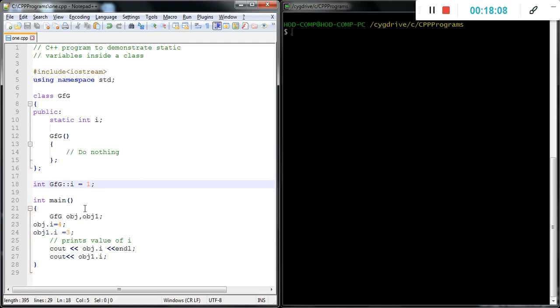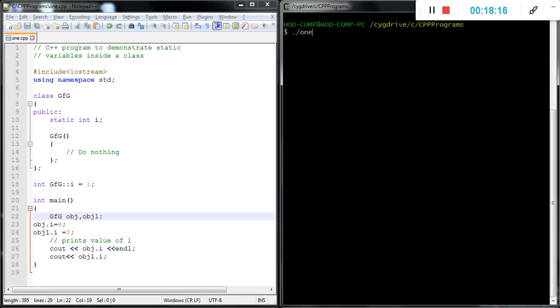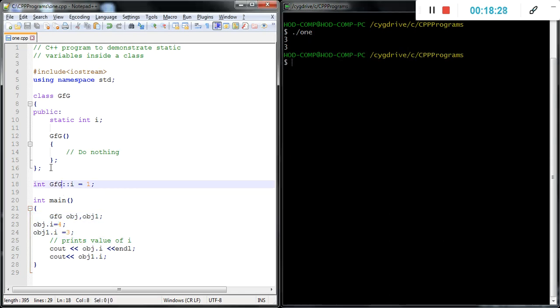Just to verify this with the help of the program, we run the code and check the output. What will be the output? It prints 3 3. It does not print 4 and 3. Why? Because we mentioned int I as static.